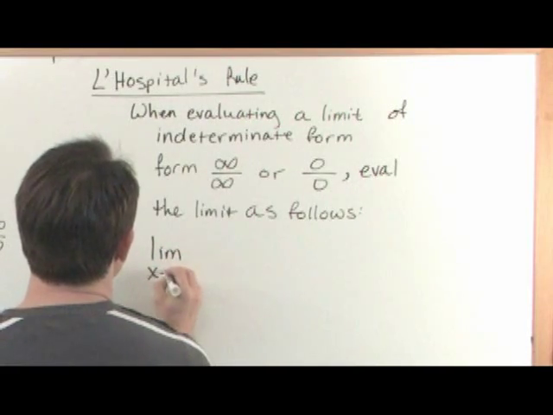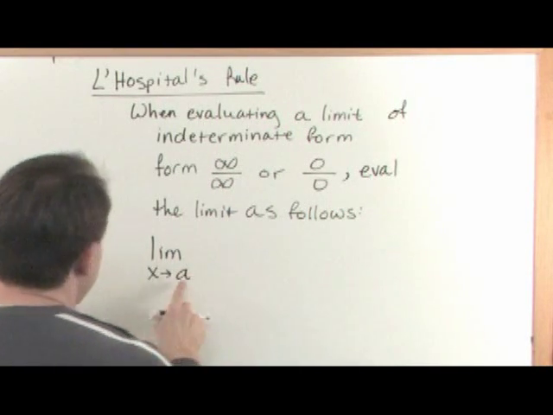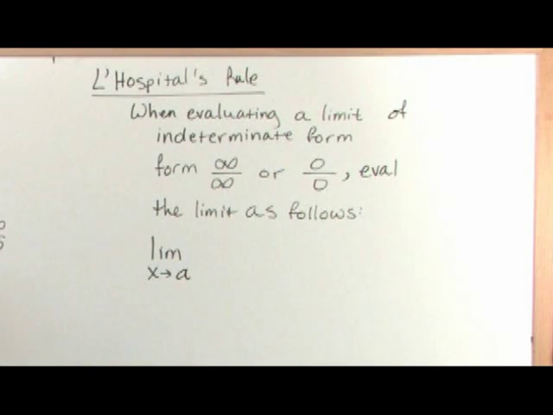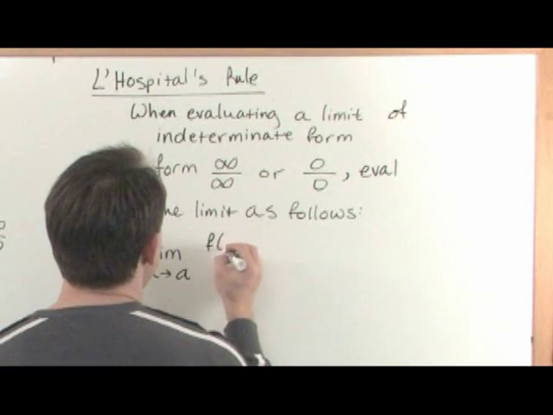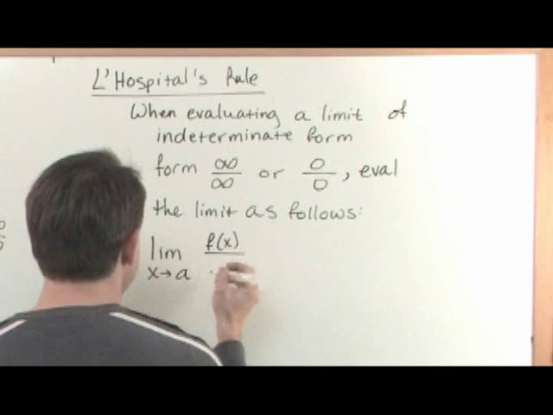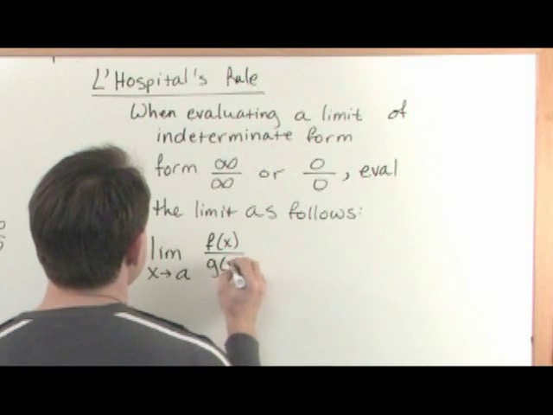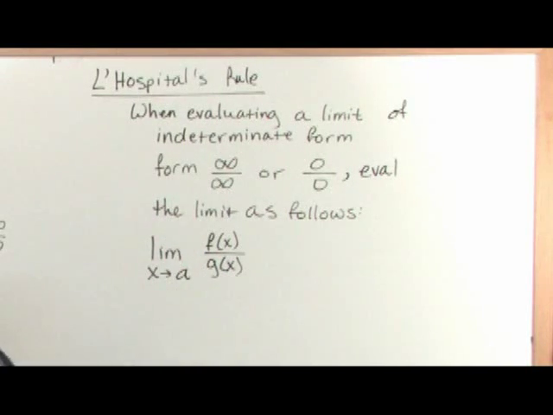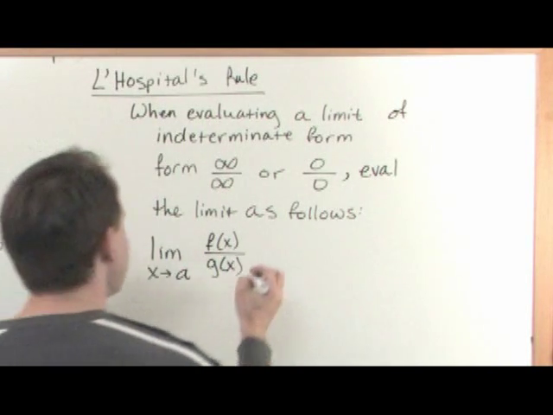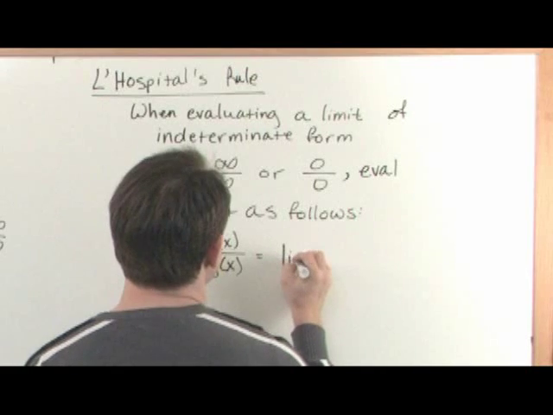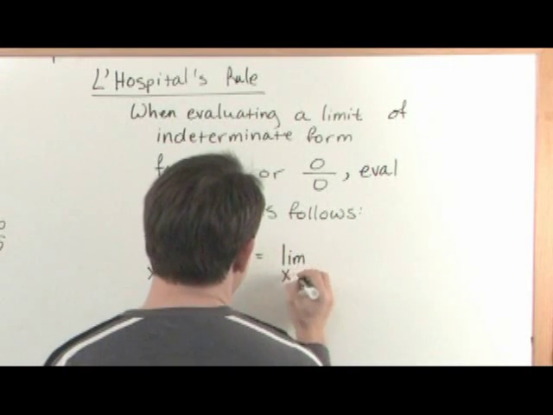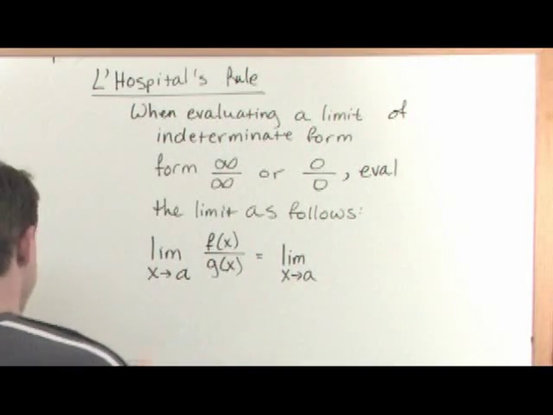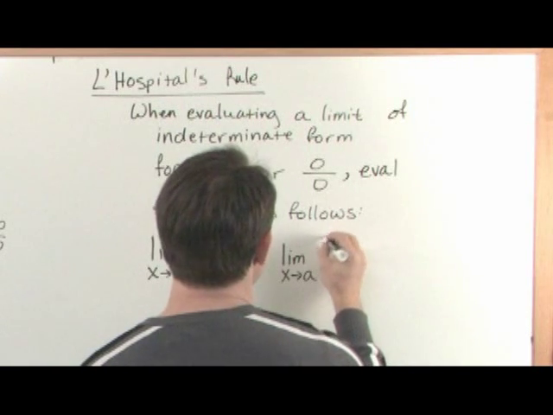So consider the limit as x approaches the number a. It could be 0, a could be infinity, a could be 2.947, it doesn't matter, it's just a number. When you're taking the limit of f of x over g of x, that's why we denote the top one by f and the bottom one by g, because the top is one function and the bottom is another function. That limit is going to be equal to, as x approaches a, same limit here, and this is where it's going to blow your mind, the derivative of the top function divided by